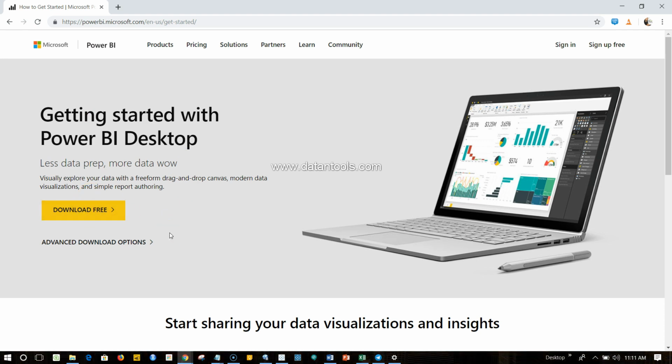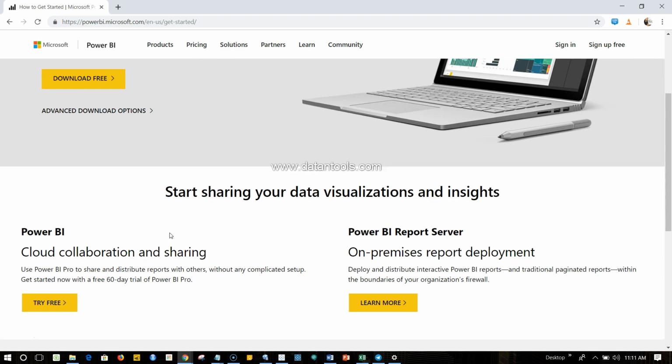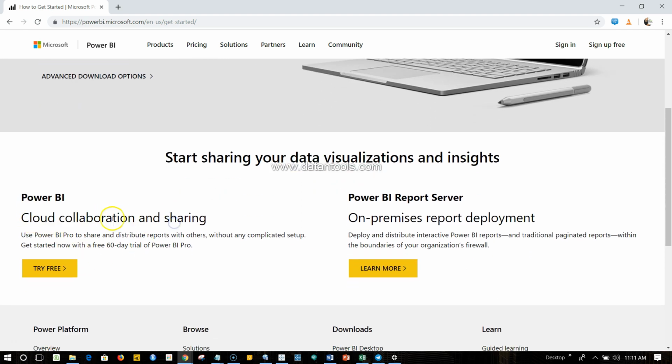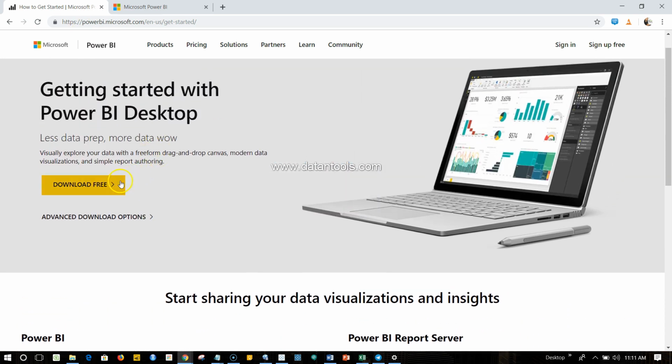If you are not interested, or let's say you are using your organization's laptop and it does not allow you to install it, you can create an account on the Power BI cloud, so that you don't have to install or configure anything. Simply click on the try free option, where you can sign up for Power BI and get the power of Power BI in the cloud without doing any sort of installation. Once you download it, the installation is like any other simple software, where you need to accept the agreement and click on next, and you will install it.